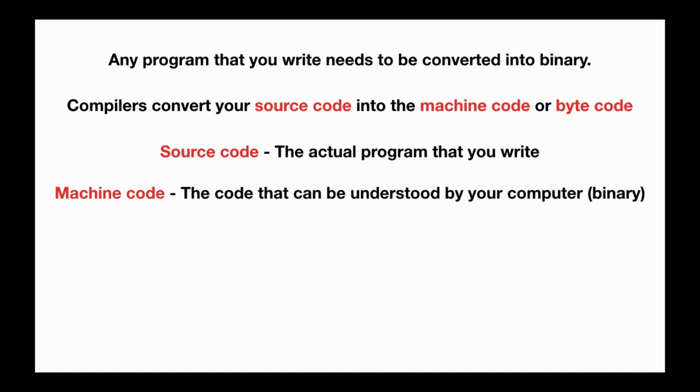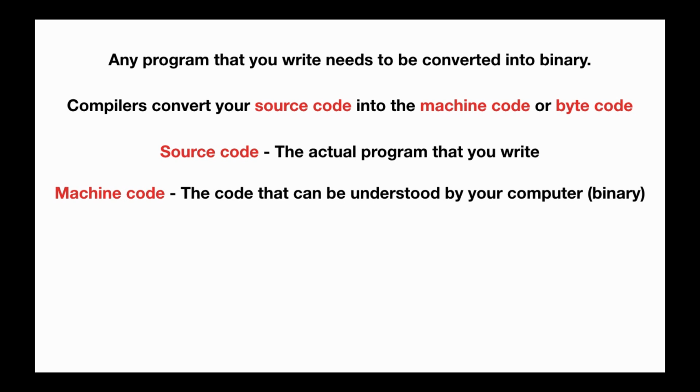Machine code here is the technical term for the binary data that can be interpreted by your computer. This is basically the code that can be understood by a computer, which means, as I've told you, computers only understand binary, so this is a binary code. So your source code is converted into machine code by your compiler, and it all depends on the programming language